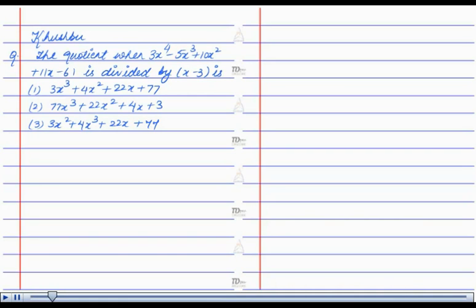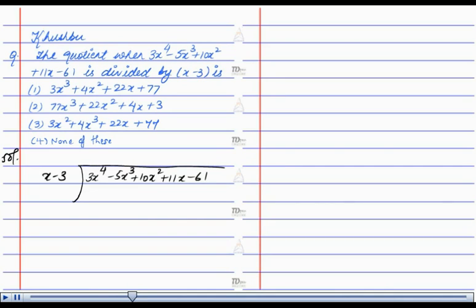The question is, the quotient when 3x to the power 4 minus 5x cube plus 10x square plus 11x minus 61 is divided by x minus 3 is, using the long division method and arranging the powers of x in descending order, we get 3x to the power 4 minus 5x cube plus 10x square plus 11x minus 61 when divided by x minus 3